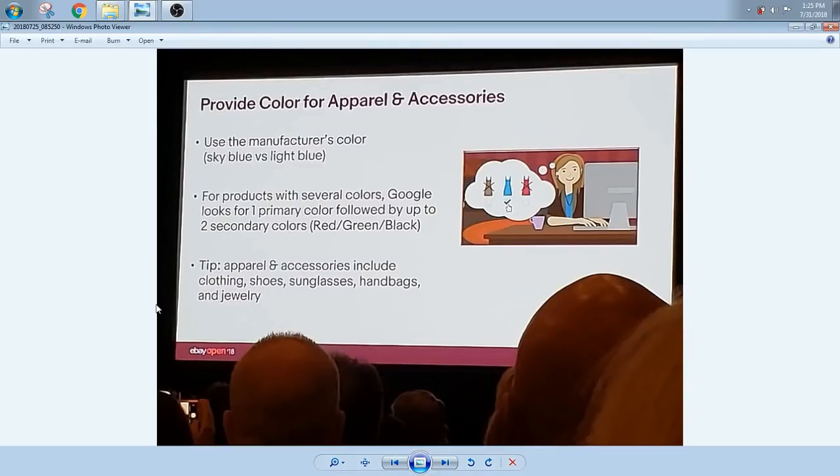Now they're saying to provide the color for your apparel and your accessories because Google will look for that primary color followed by secondary. So they want you to use the manufacturer's color to show up higher in the searches. I personally do not recommend this unless your item is brand new with tags and the tags clearly say the color. I always tell people, and what I recommend as far as eBay goes,